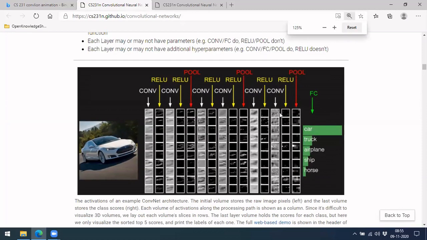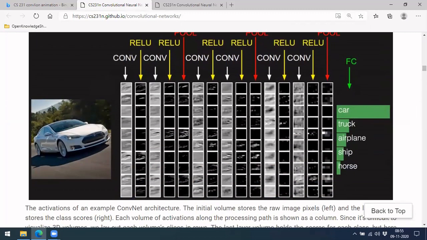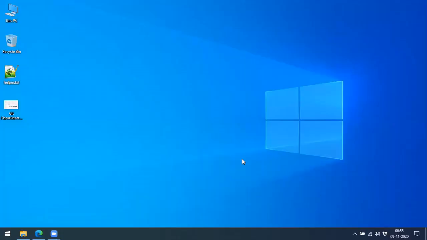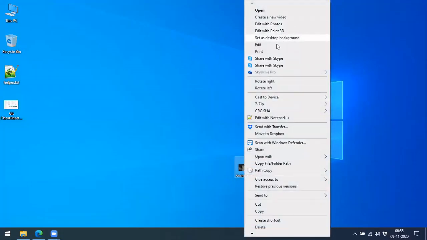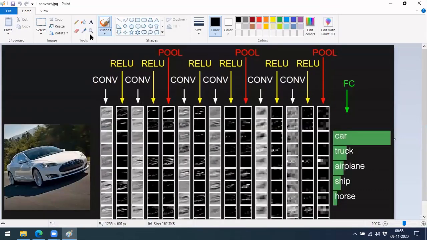Yeah, I think zoom would be better. Right, okay, so let me zoom here. Let me also do one more thing. Let me open it with Paint. Maybe I can zoom it properly over there. So you can see here.